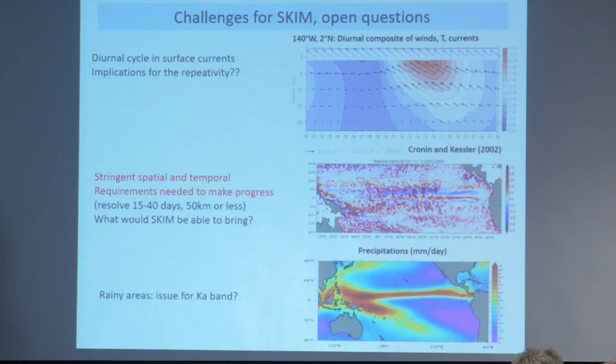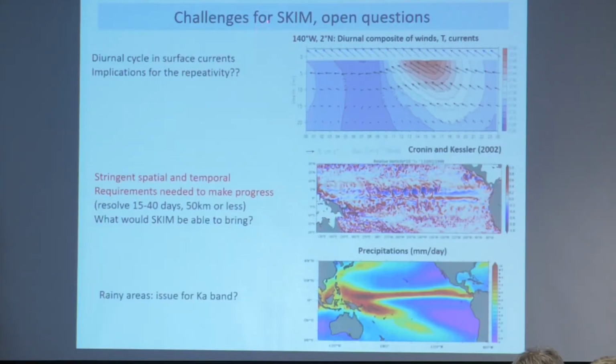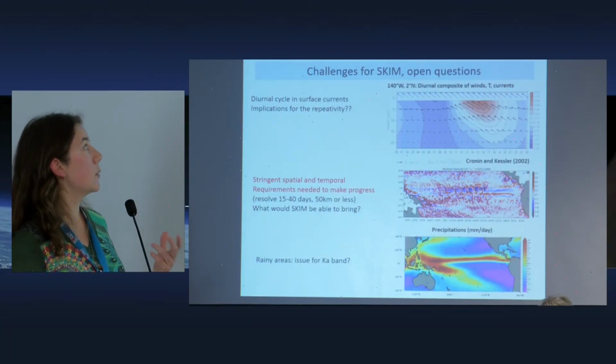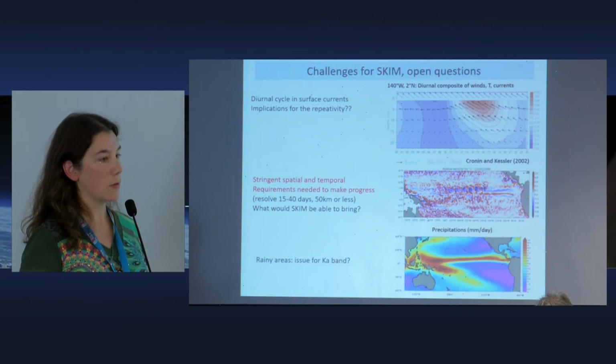Just to finish with open questions, maybe naive, but Fabrice showed that this morning. There will also be very important challenges for SKIM, because there is a strong diurnal cycle, as you can see here on the plot he showed. With the afternoon warming of the near surface layer, you have a strong diurnal cycle in currents with an important shear. So I think we need to discuss the implication for the orbit, the choice of the orbit and